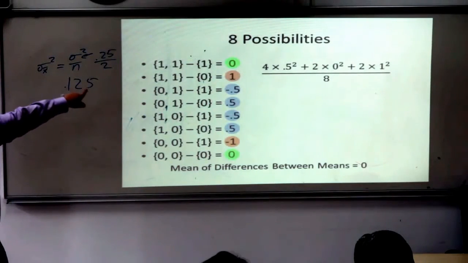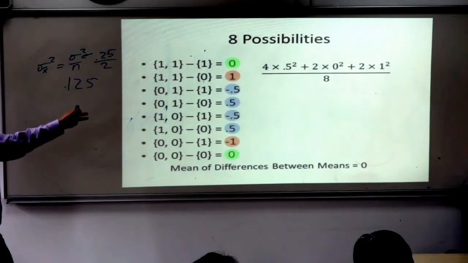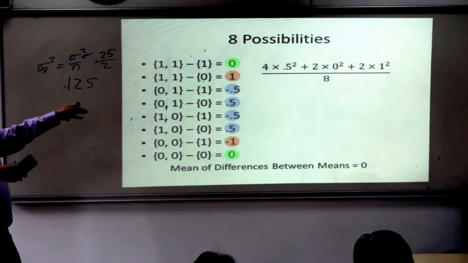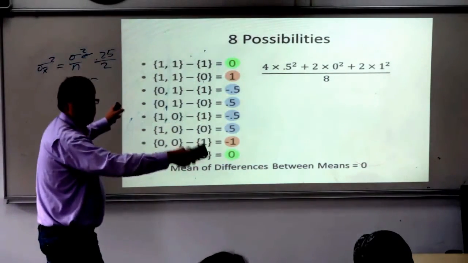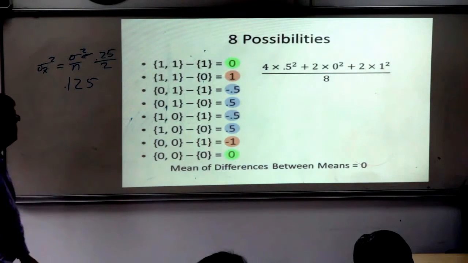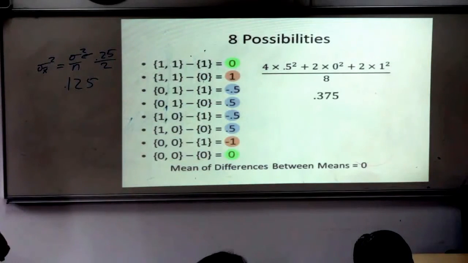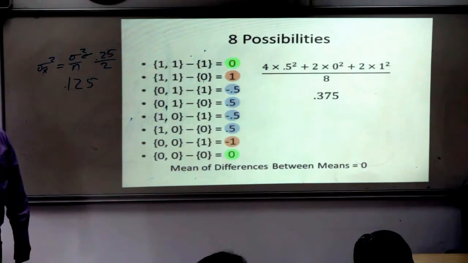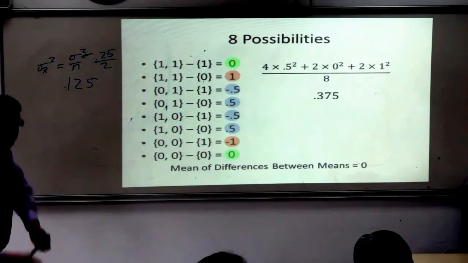So we can calculate the variance of this sample distribution of the difference between a mean with sample size 2 and a mean from sample size 1. 4 times 0.5 squared plus 2 times 0 squared plus 2 times 1 squared over 8. That's 0.375. Now, earlier I said